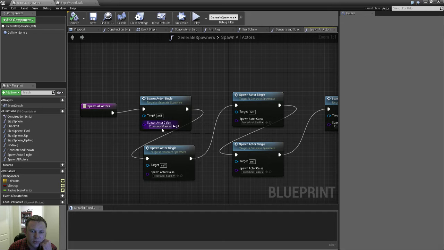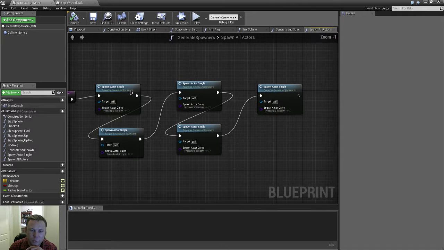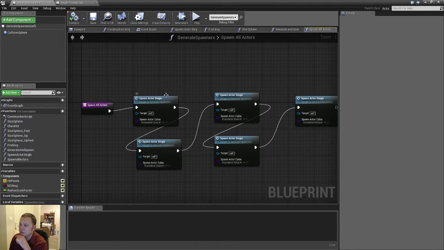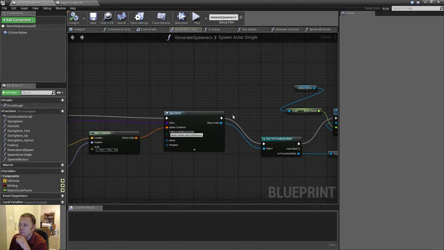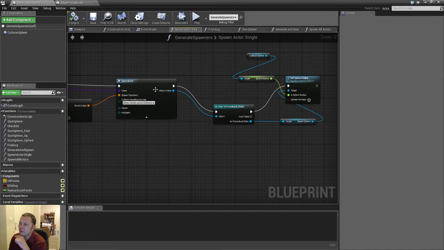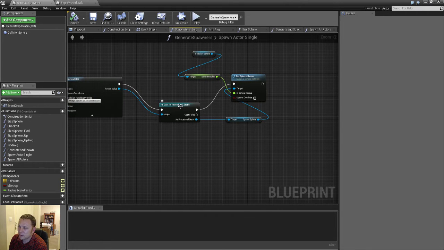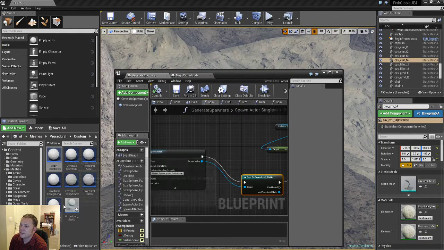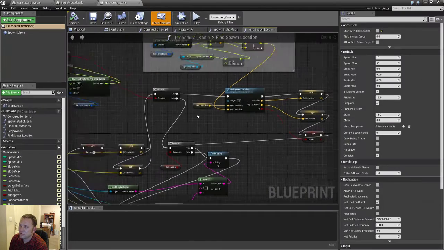And what this does is this will actually then create a whole bunch of these procedural statics. But before I continue, I just wanted to quickly explain what these procedural statics are. So we have procedural coral, shell, foliage long, sponge, and foliage short. These are all child classes of a particular class. So if we look at the spawn actor single class function, it gets passed the class to spawn, and once it spawns that, it actually casts it to the parent class, which is this procedural static. The procedural static class